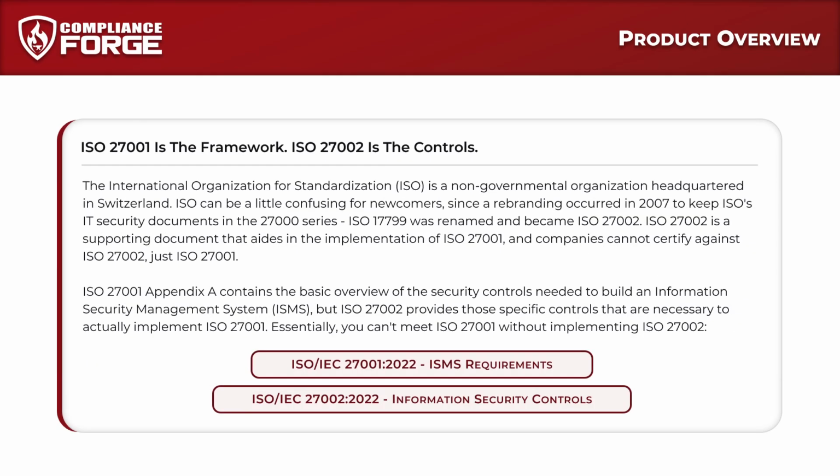Some quick context on how the two standards fit together. The International Organization for Standardization is a non-governmental organization headquartered in Switzerland. A rebranding occurred in 2007 to keep ISO security documents in the 27000 series, when ISO 17799 was renamed and became ISO 27002, and it is important to note that companies cannot certify against ISO 27002,